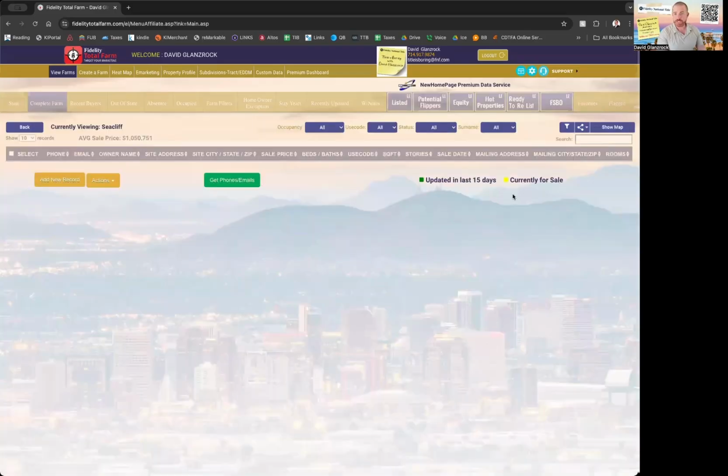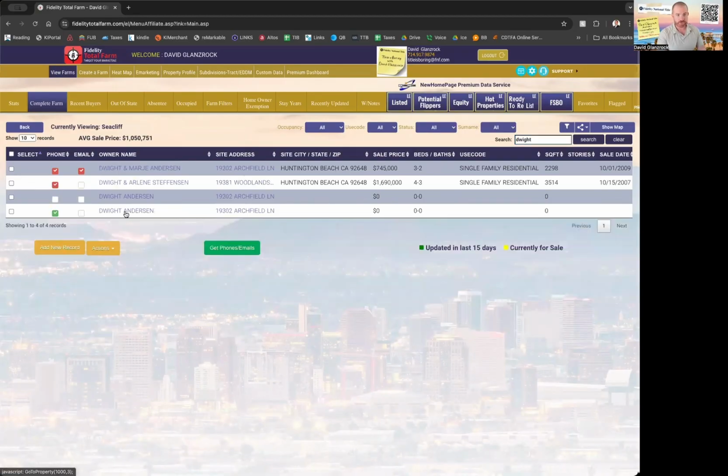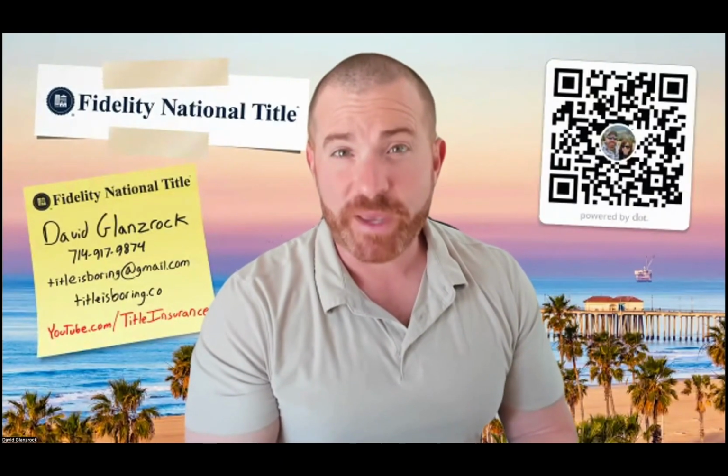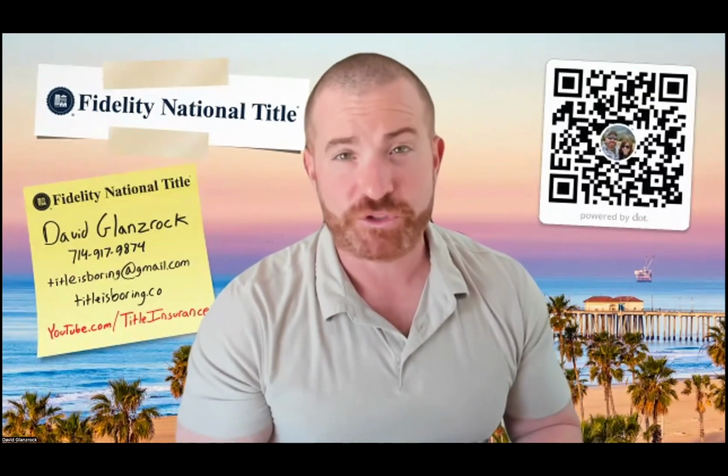So if we click on our Seacliff farm, I know there was a Dwight. Maybe he works for a paper company. I don't know. But if we click on Dwight, you can see right there that Dwight's phone number is successfully loaded in there. So that's how you append existing records in the Fidelity Total Farm from an outside source, so you don't have to do it